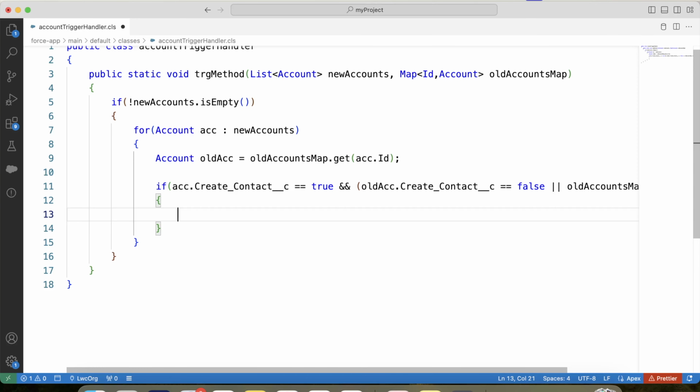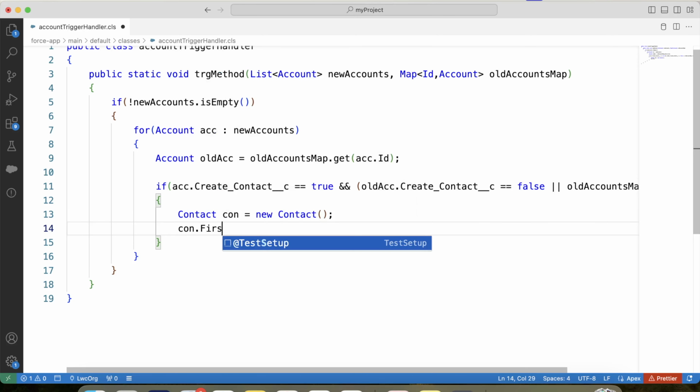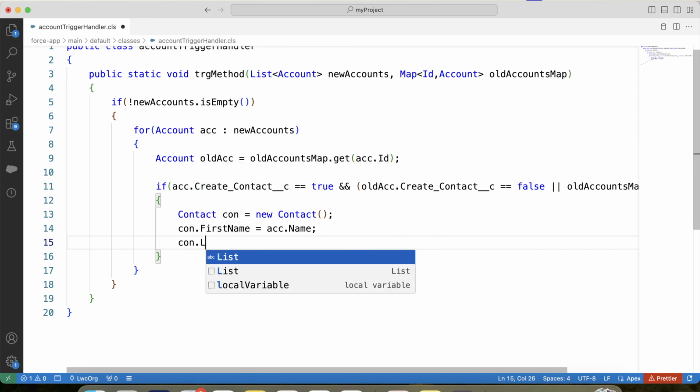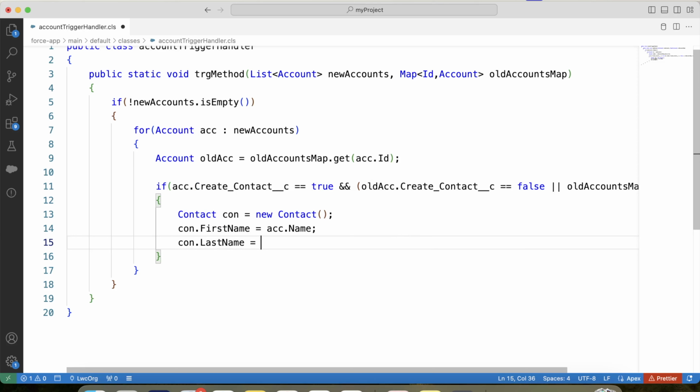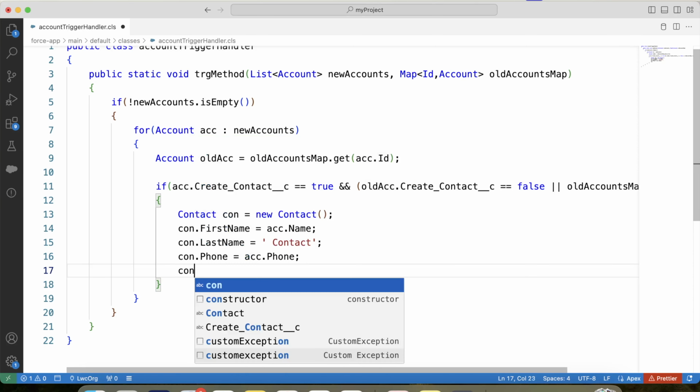Now guys, our next task is to create a related contact. So let's create a contact, new contact, and according to scenario, first name should be account name. So let's use it. And last name should be contact. And phone should be same as accounts phone. So let's give value to phone also. Let's relate this contact to this account